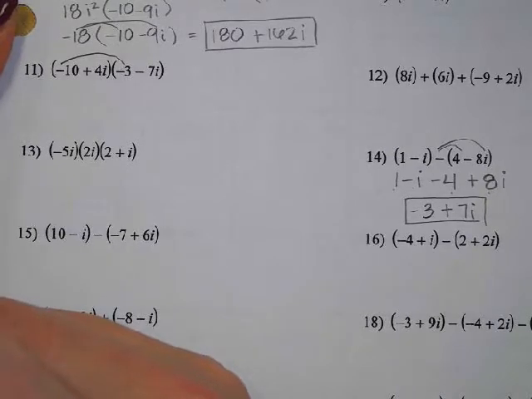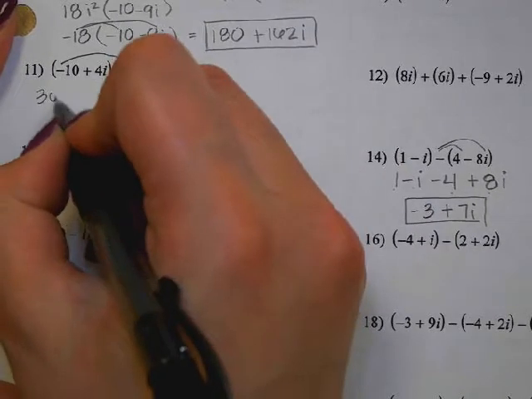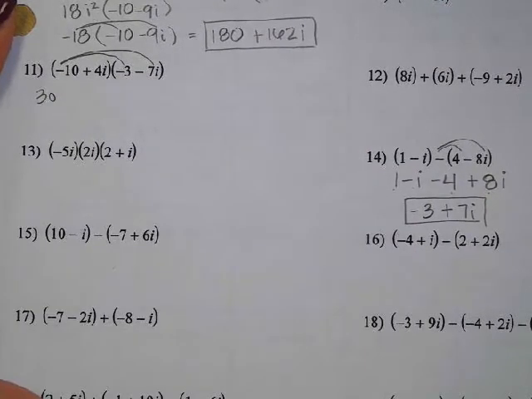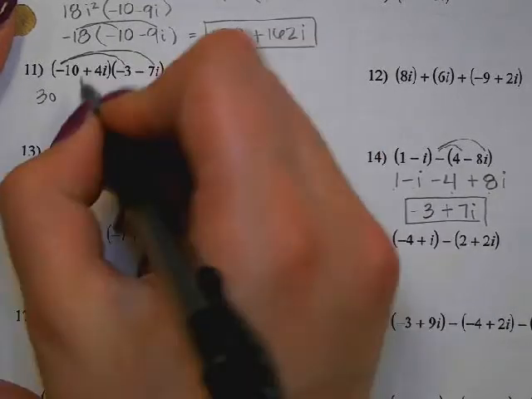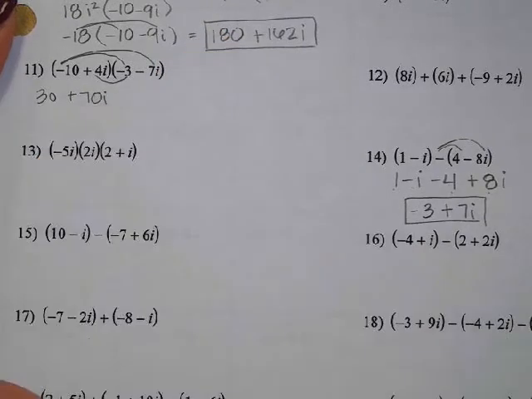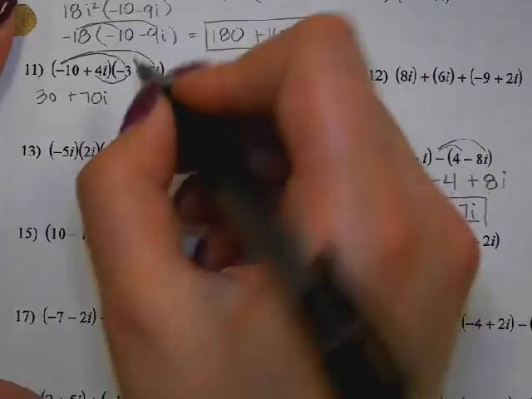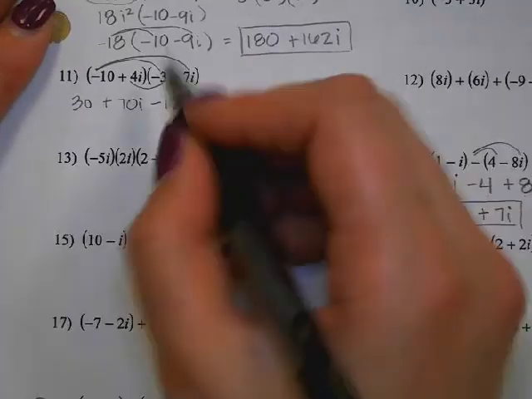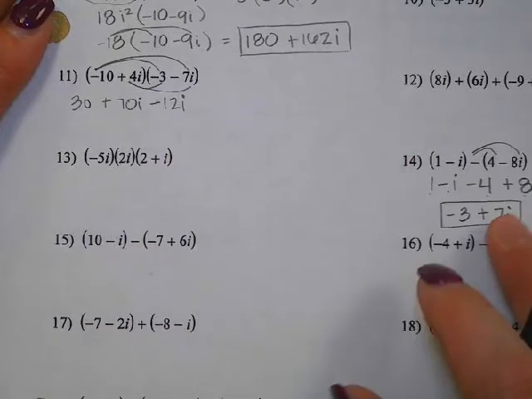Anybody? 30? Okay. Thank you. Then we have outside, so negative 10 times negative 7i, positive 70. Then we have inside, negative 12i. And then we have last, 4i times negative 7i,